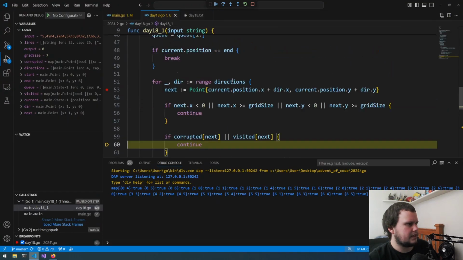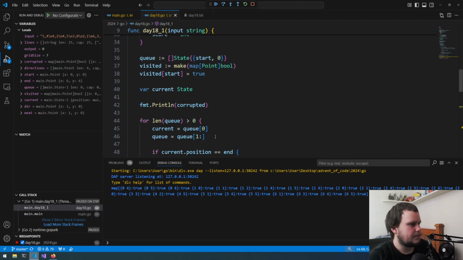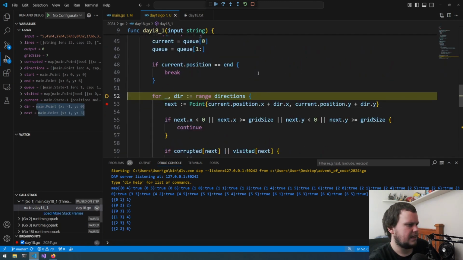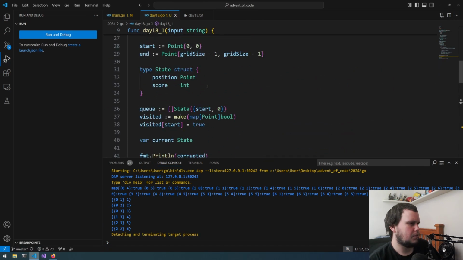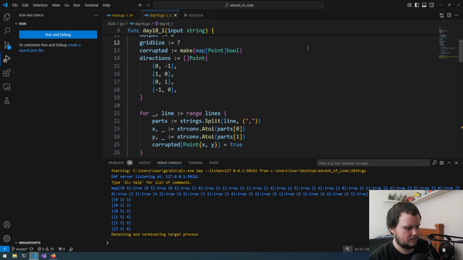Do I need to change that to... Wait, I'm so confused right now. Okay, so then we've got this. Only one thing gets added to the queue. So I might have to do 12. Where are you corrupted? So for total